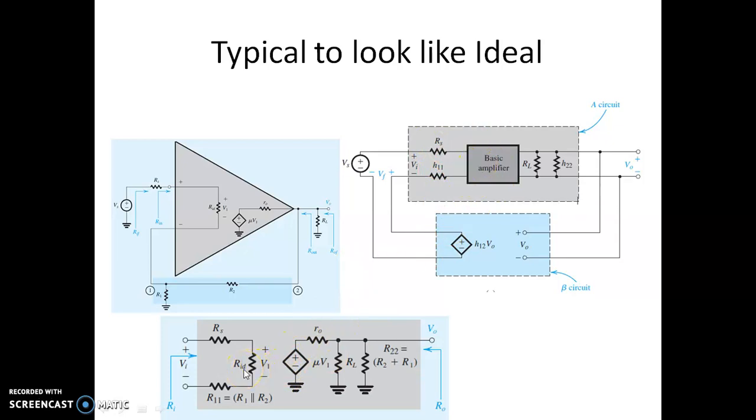The amplifier had a resistance of RID, which was originally without moving this RS and R1, H11. You can see this is RS, which is due to the source, and this is RL, which is due to the load, and this R0 is being retained as it is. Then you can see this is H22. Actually H22 is 1 over R1 plus R2.